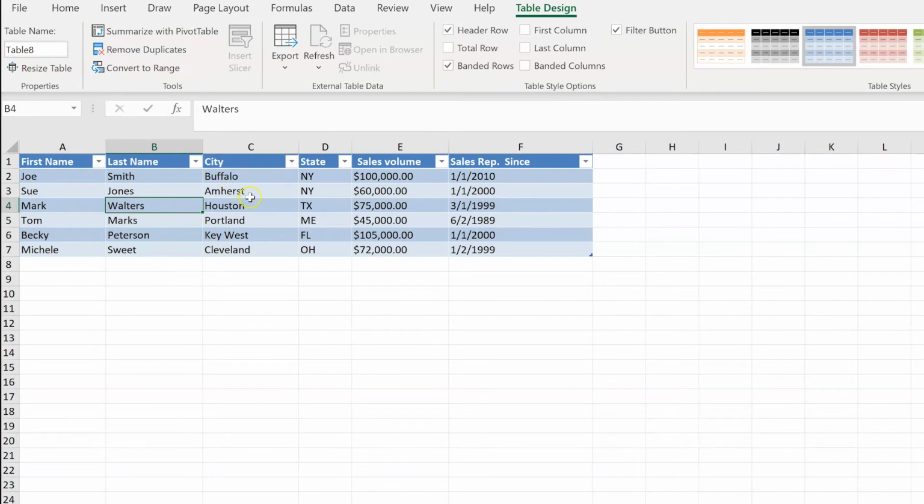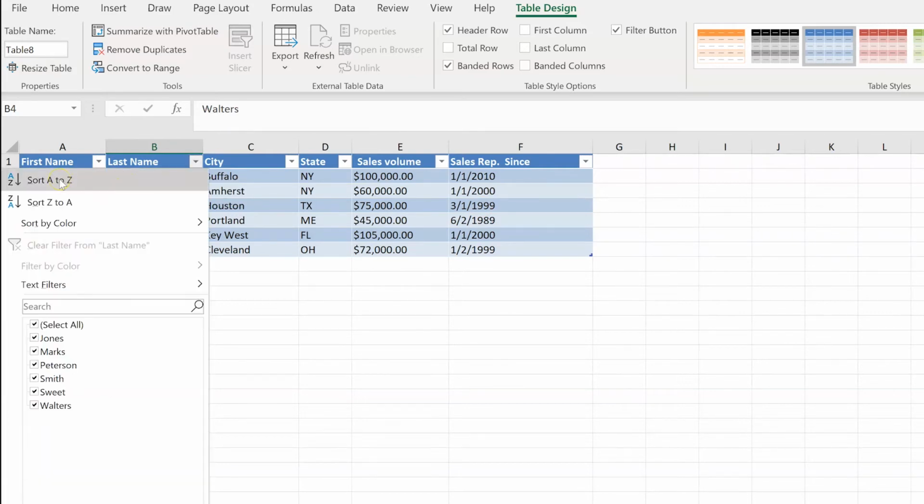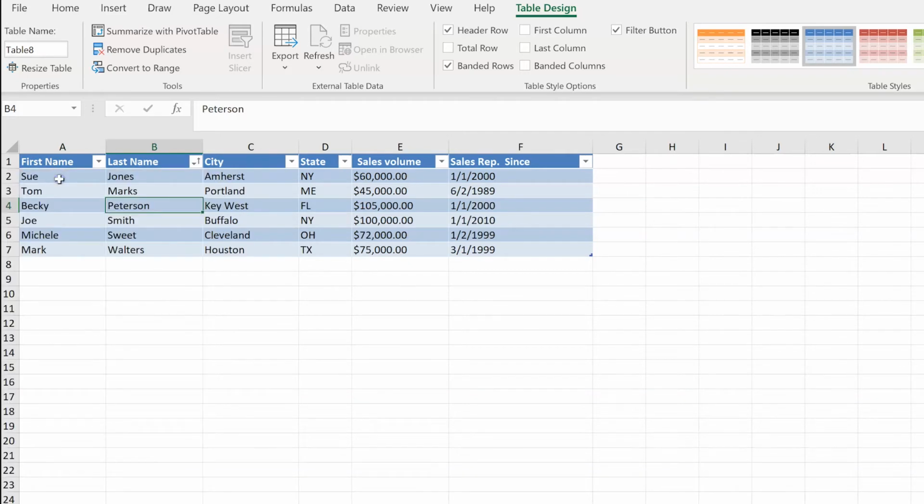Now you're able to sort and filter information as is required for your purposes. You can sort the customers by their last name in alphabetical order if you'd like by selecting Sort A to Z,